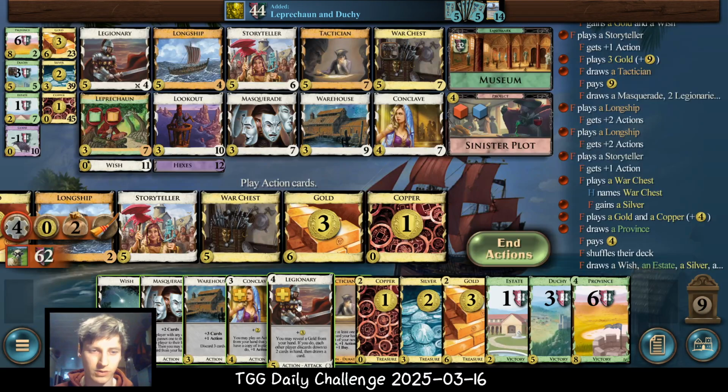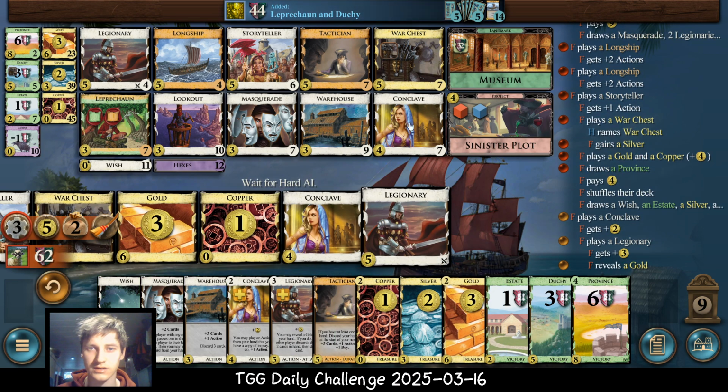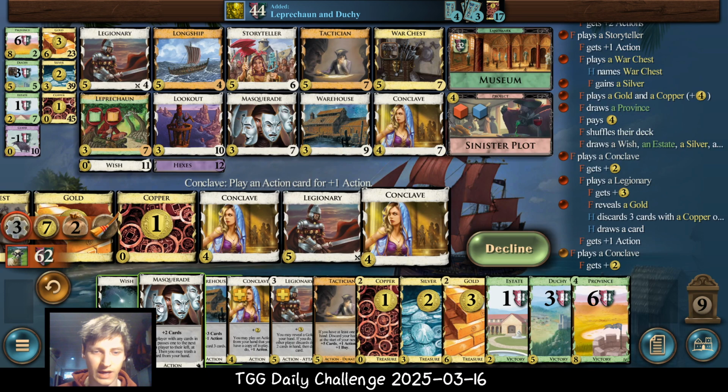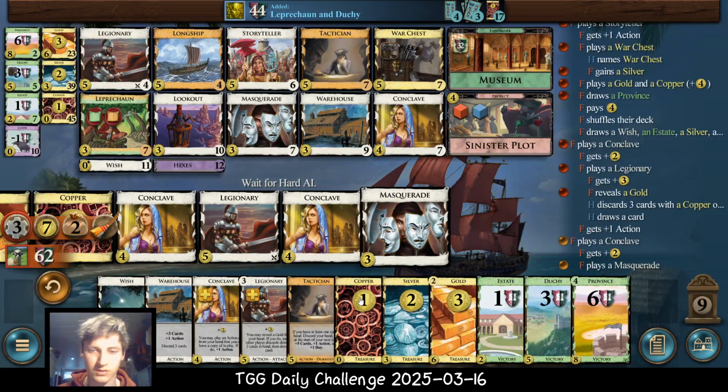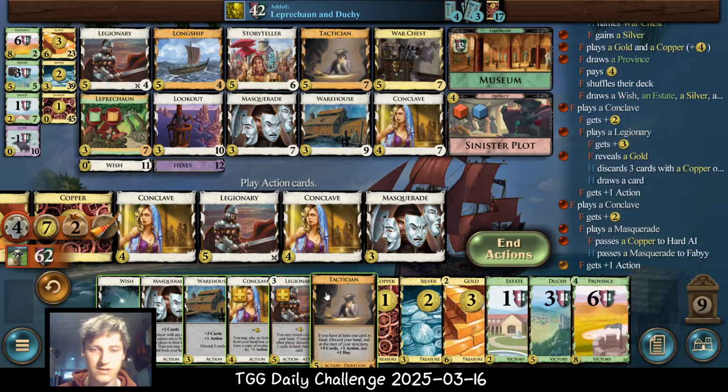And maybe the AI will be nice enough to pass us something nice. So let's see. If we can attack it here, but essentially we've already won. I'm just playing this out, but we have won here, and we'll be able to pass the Masquerade, pass the Copper, and we'll receive another Masquerade. Okay, nothing all too nice, but